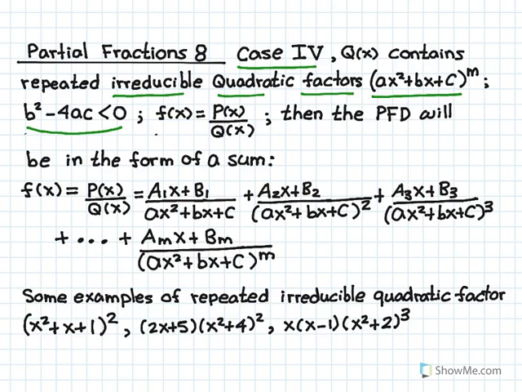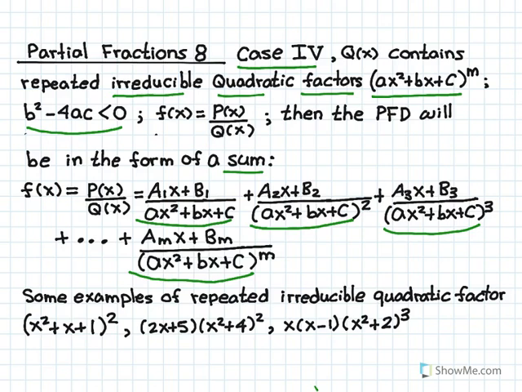So the function f of x is equal to p of x divided by q of x will have a partial fraction decomposition in the form of a sum. That's equal to a1x plus b1 divided by ax squared plus bx plus c, plus a2x plus b2 divided by ax squared plus bx plus c all squared, plus a3x plus b3 divided by ax squared plus bx plus c all cubed, all the way up to amx plus bm divided by ax squared plus bx plus c to the power of m. So the key concept is to repeat all the way up to the highest power of the